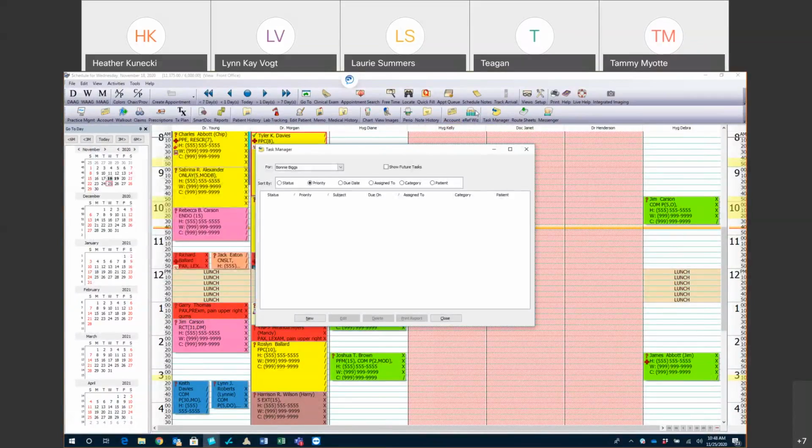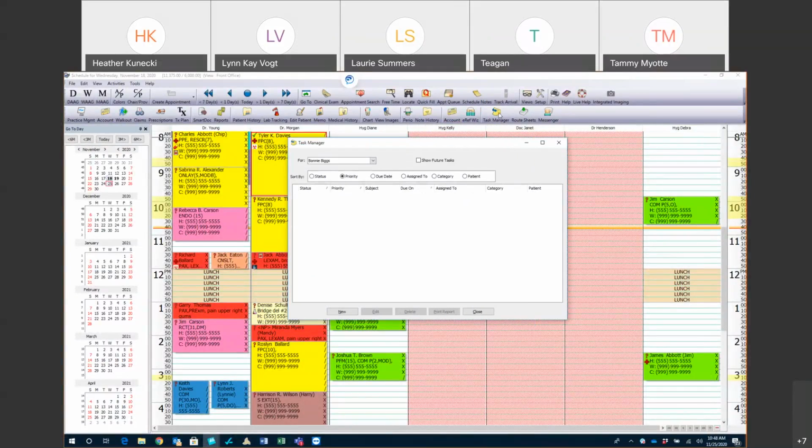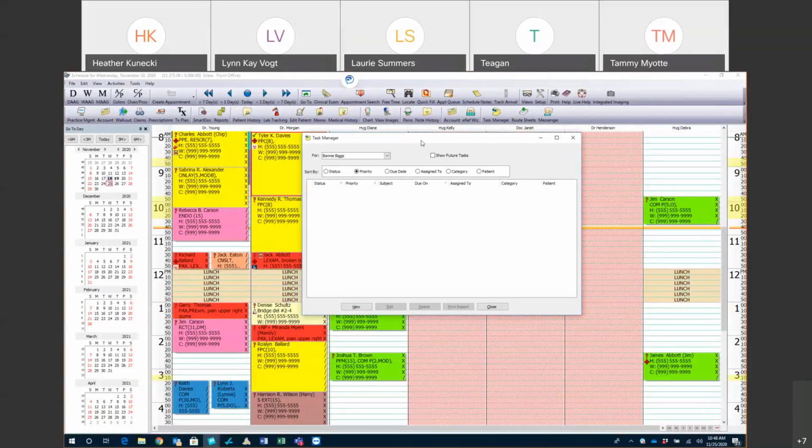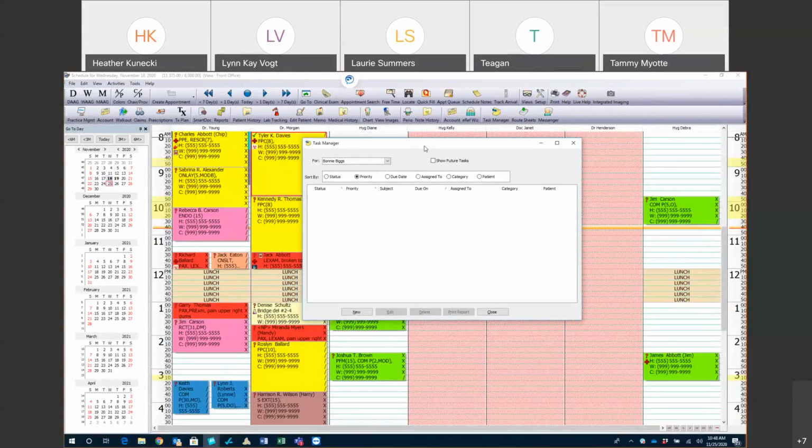The Task Manager is a nice little icon over here. It looks like either a sticky note with sunglasses, I can't unsee that now that someone pointed that out to me, or a sticky note with a tack in it. This is used for creating a task for either yourself or for someone else. So instead of leaving a sticky note or a chart on the doctor's desk or little pieces of paper floating all around the office, and then you're like, crap, where was that little piece of paper that I had so-and-so's number on, this little Task Manager is a way to keep track of all your tasks that you need to do